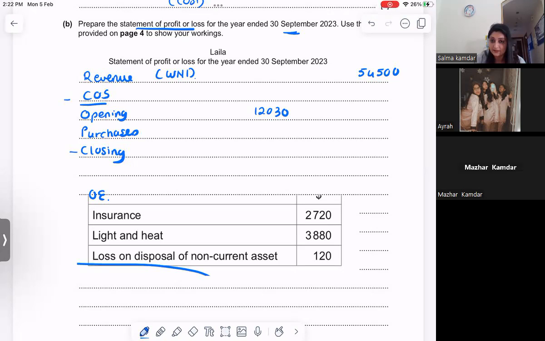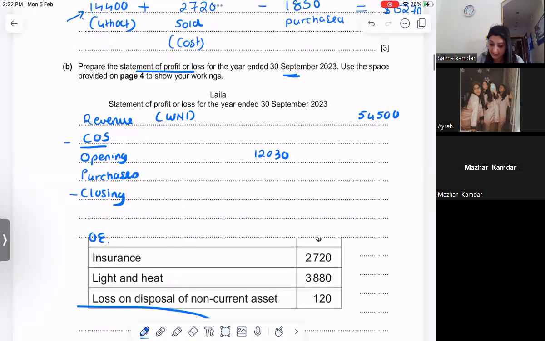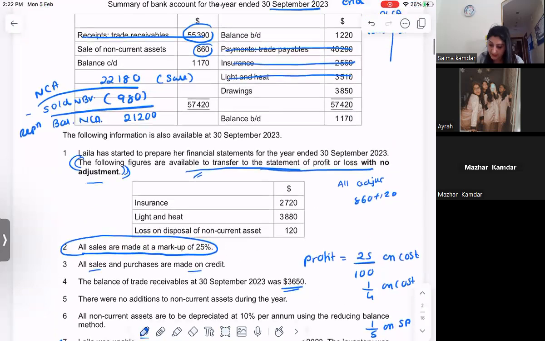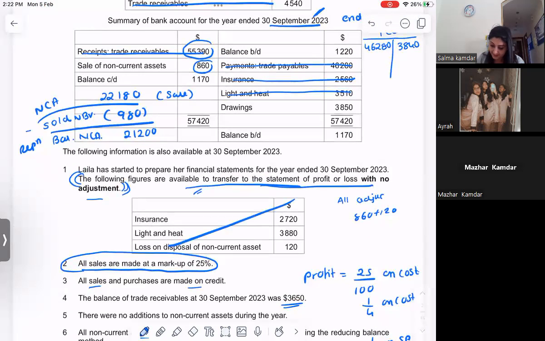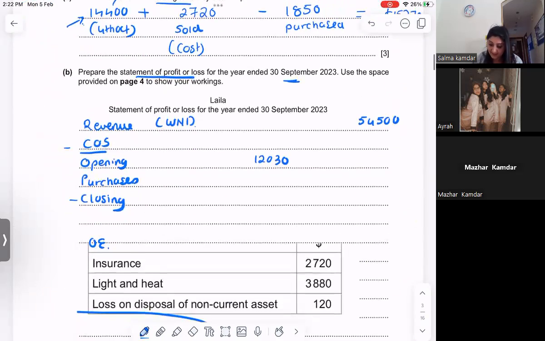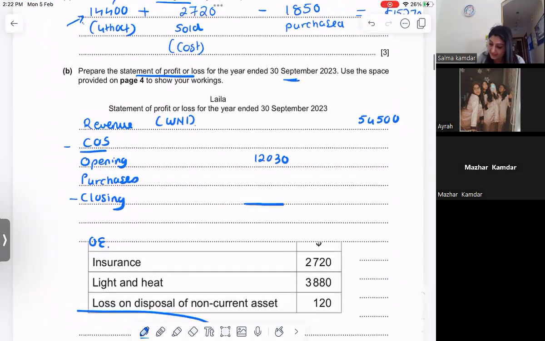Yes? Okay, fine. We'll go ahead. We will read the sum again now. What is done? This is already done, right? Yes. All sales are made at a markup of 25%. So if sales are made at a markup of 25%, so minus this is going to give me this. So I have gross profit